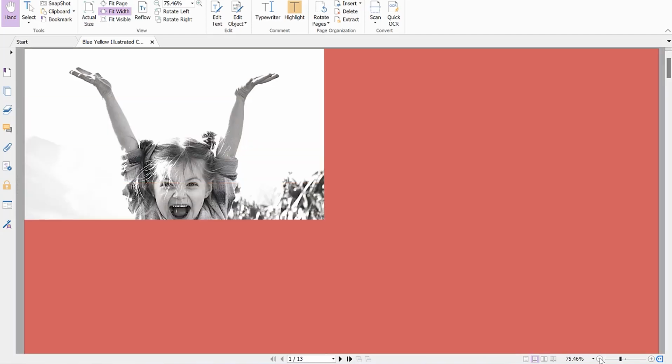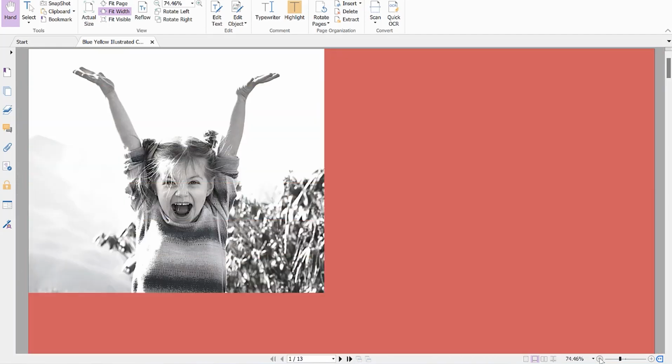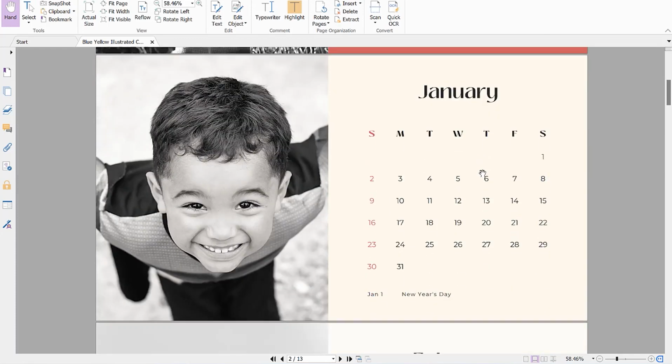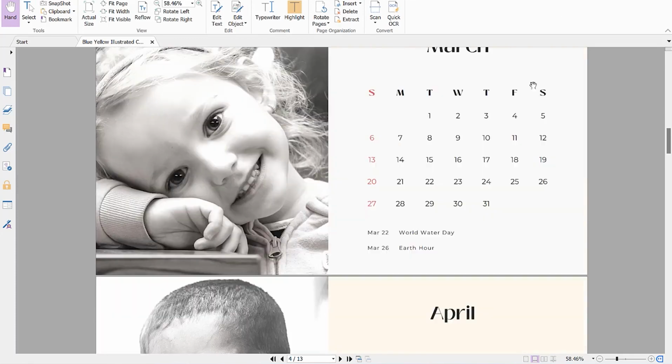Let's zoom it out a little bit so that you can see it clearly. Okay, so you can see it very nicely and clearly done. So this is how to create